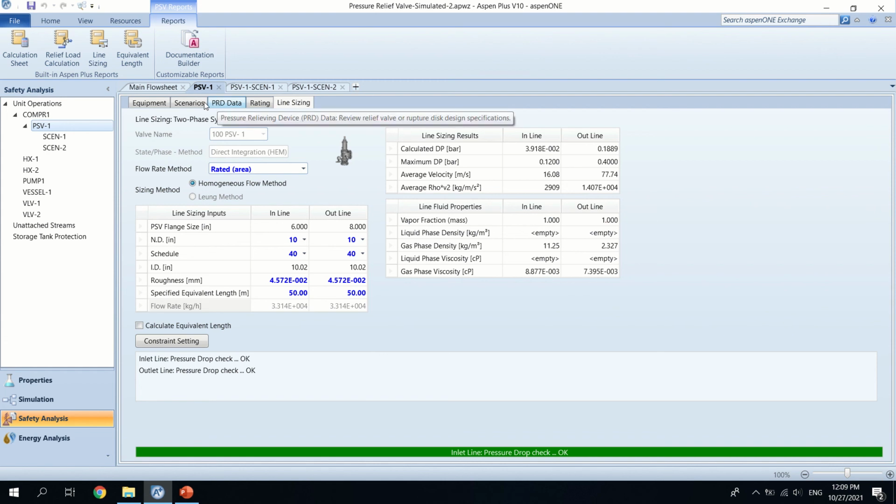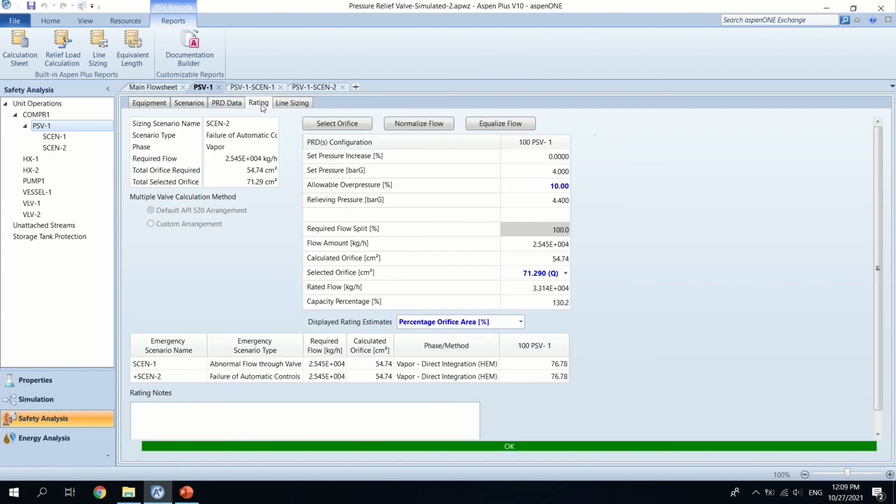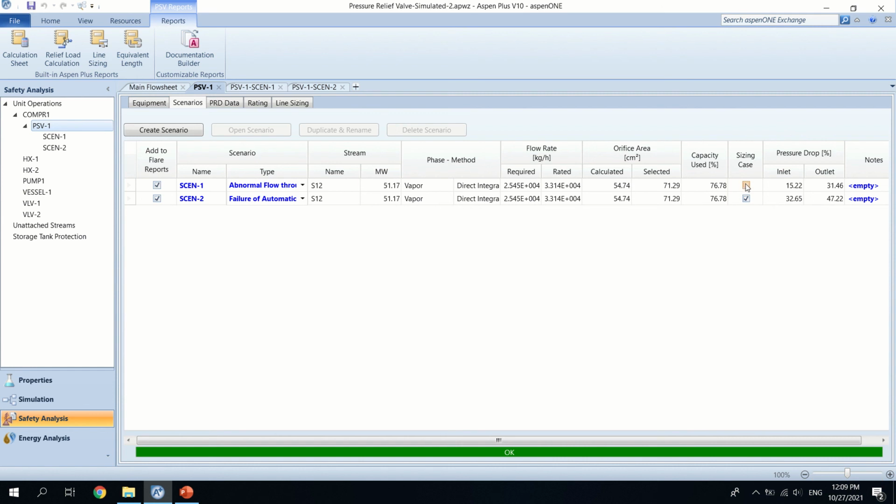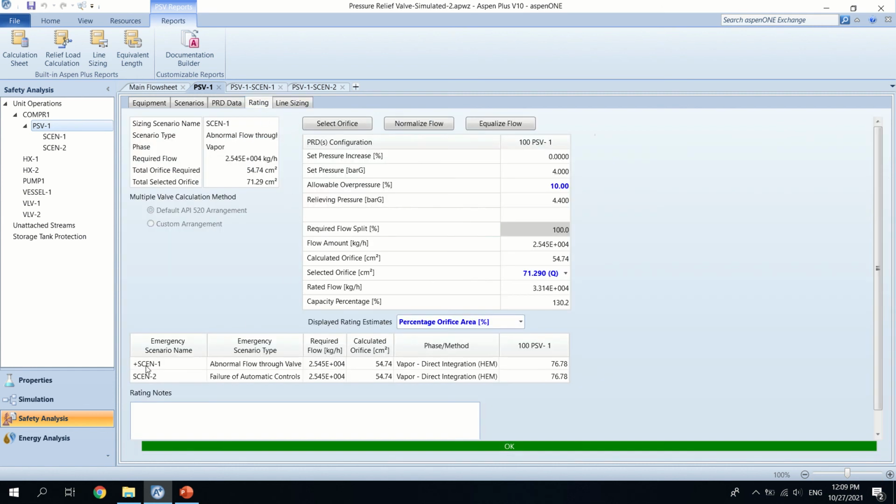I'll be back to rating. As you see, the selected scenario is 2, and the line sizing is according to the second scenario. If I go back to the scenario tab and select the sizing case, in the rating tab, scenario number 1 is the selected scenario for the calculations. Okay,